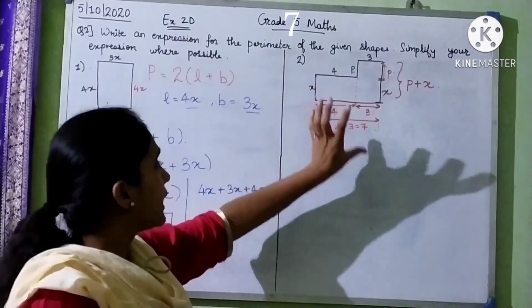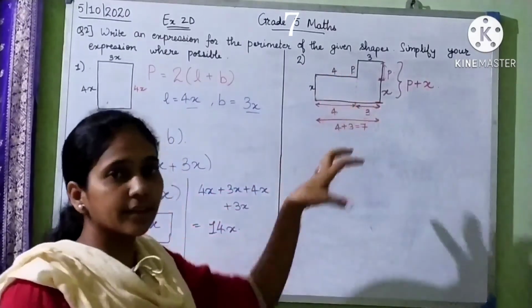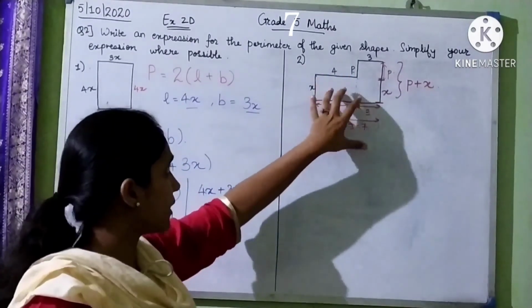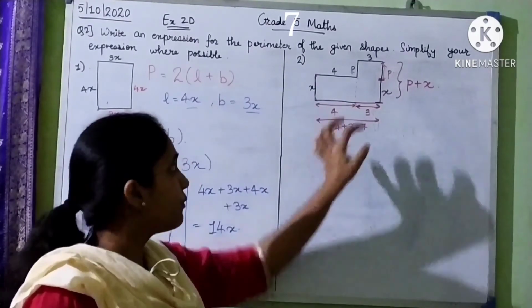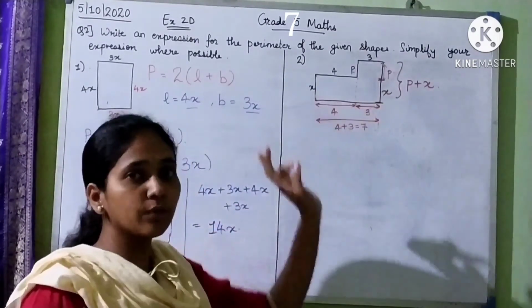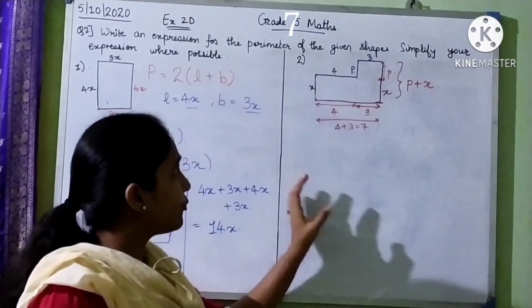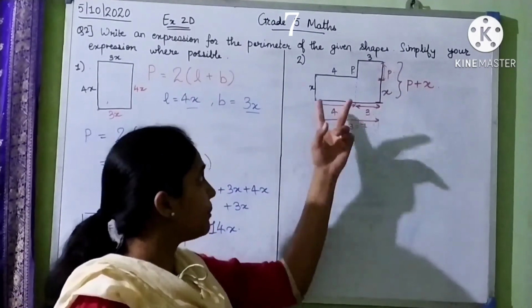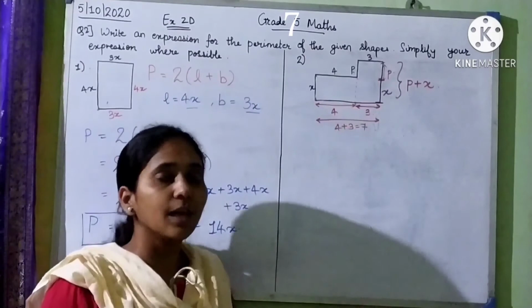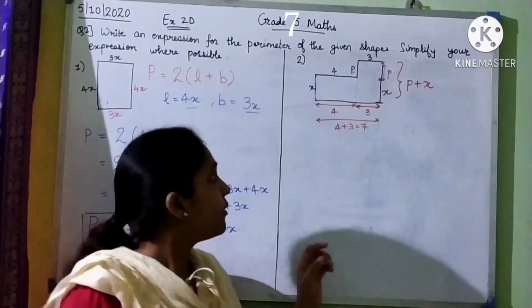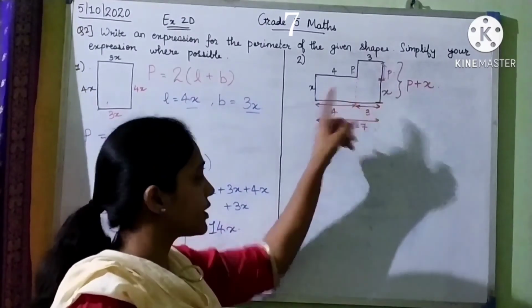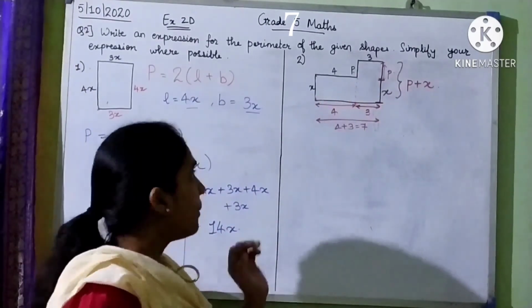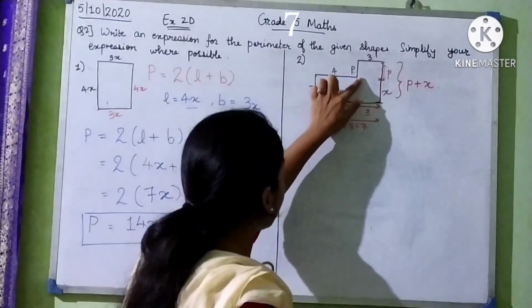Here, this is not one particular figure. It is not a regular figure. If we split it into two parts, we get two rectangles. But if we find the perimeter of these two rectangles by the perimeter formula, we will include this side also. The dotted side which is there, that also would be included. But we don't want the dotted side.